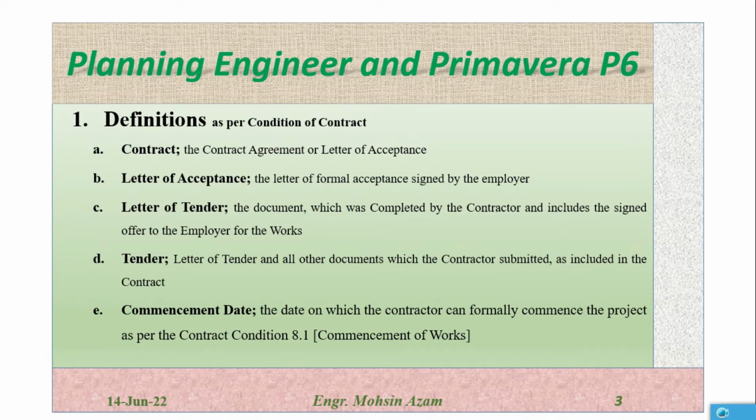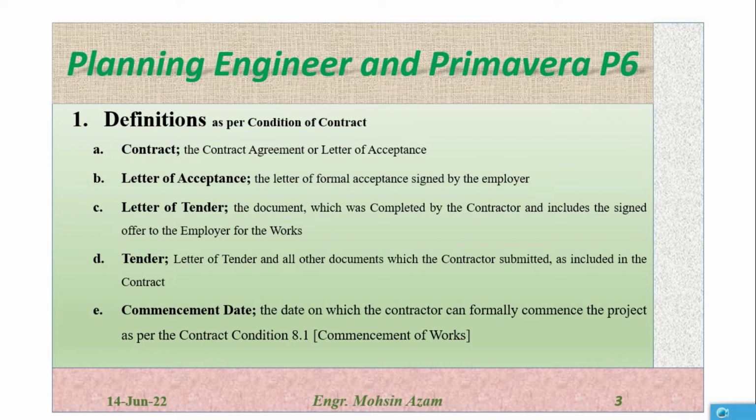Commencement date, the date on which the contractor can formally commence the project as per the condition of contract 8.1. This 8.1 is actually the reference from the FIDIC Red Book 1999, and clause 8.1 is the commencement of work. So as per the general condition of contract 8.1 clause, the commencement date is the date from which the contractor can